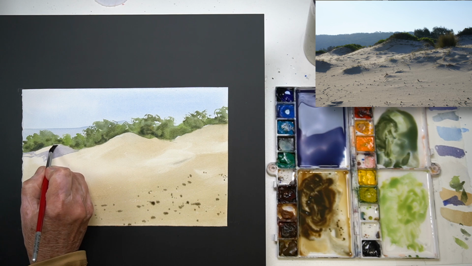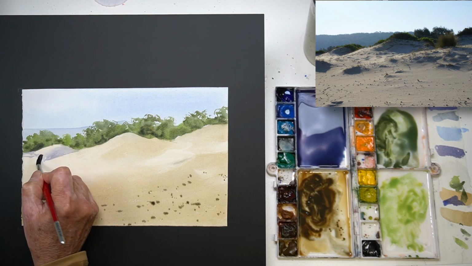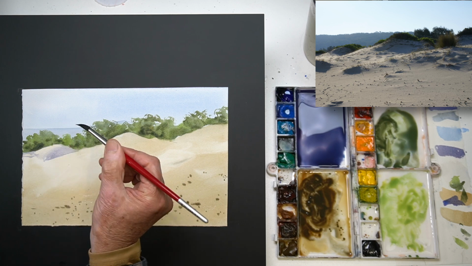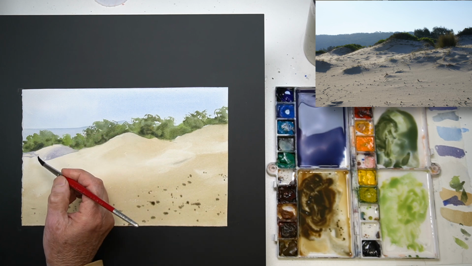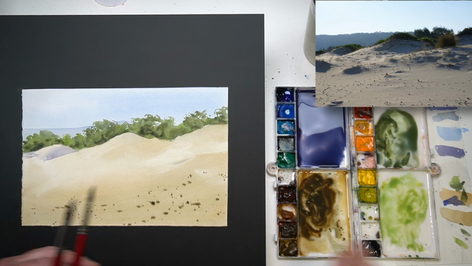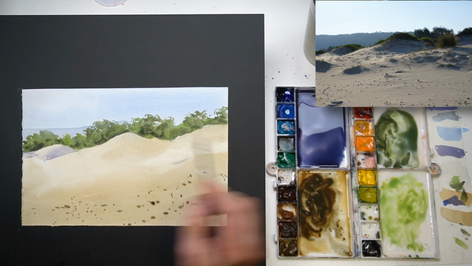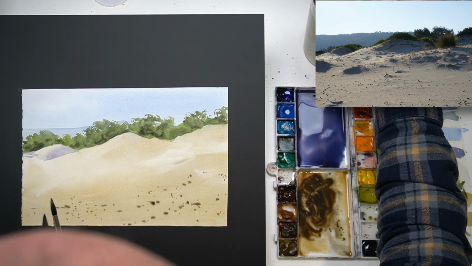And then for the soft edge, I'll just go in with a damp brush. It's really barely damp. You can see it doesn't have a lot of water in it. Some of the little plants along the edge will cast a shadow.